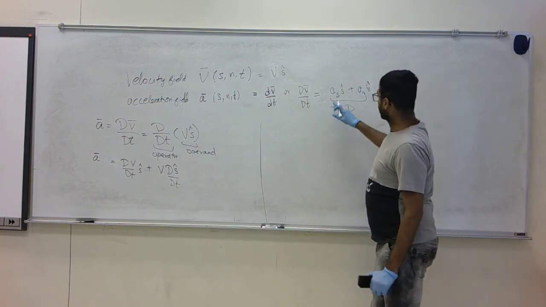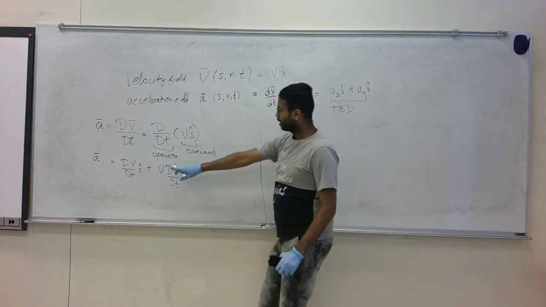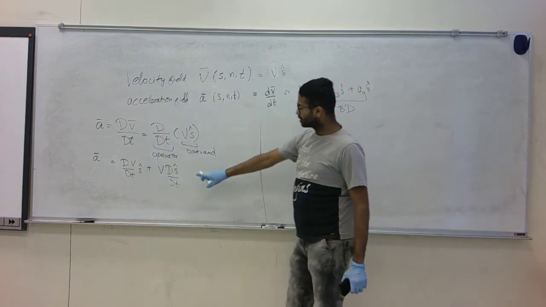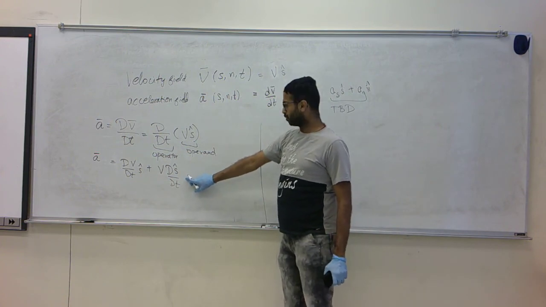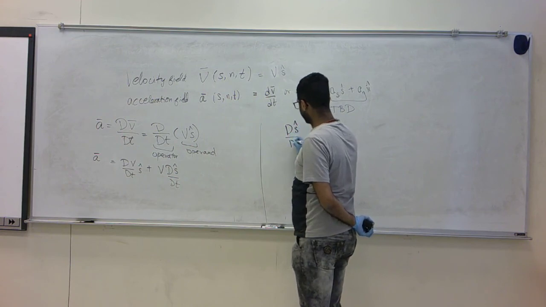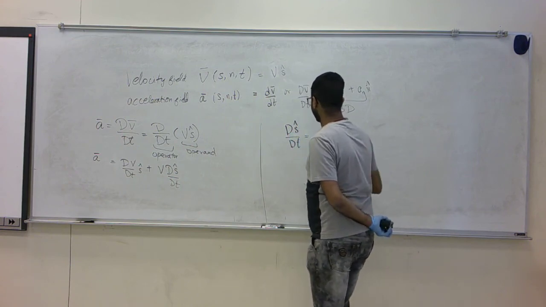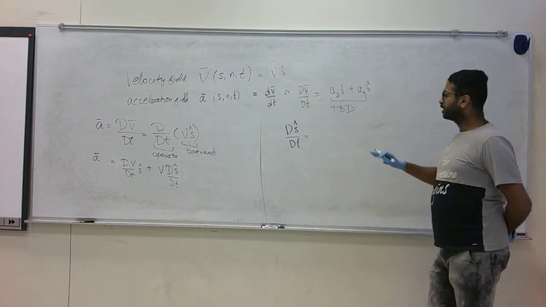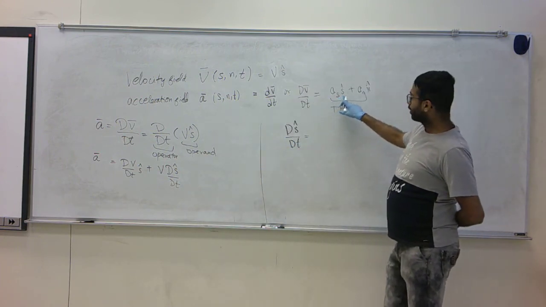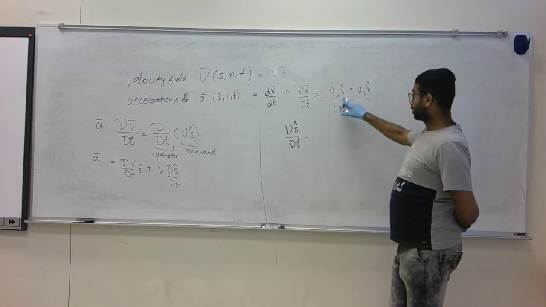If I compare this, I have S cap here, I have S cap here, and I have this direction here which I don't know what to do about. So I need to first worry about what is dS cap over dt. If I have an expression for that, then we can put that together and try to determine what should be Vs and what should be As.